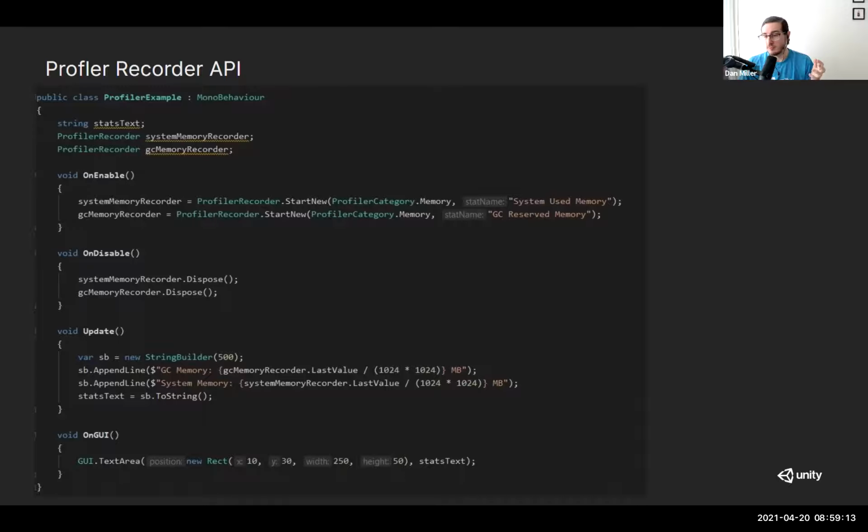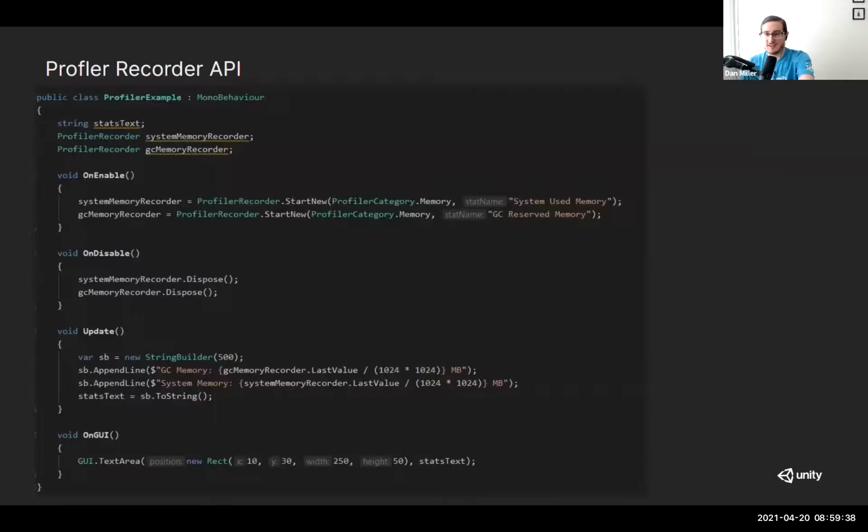So this allows you to basically get information that normally is reserved only for the profiler and expose it at runtime. This can be a great tool for understanding things like the minimum spec of what your application could be. And you can see there, here in the Update, we're just showing that as a text value and then converting what we call the last value from bytes to megabytes.